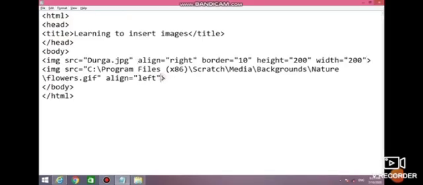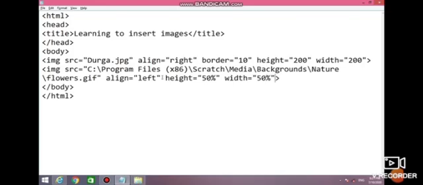Now change another image, the second image, height and width. Height 50%, which means we can give the height and width in pixels and percent both.